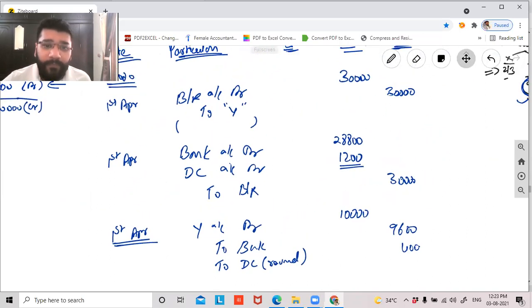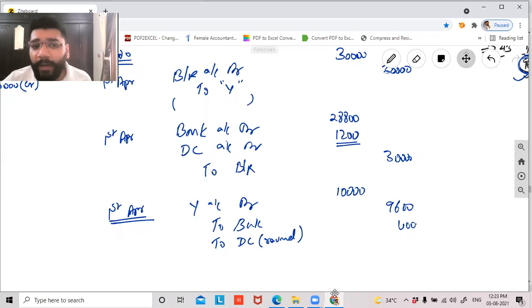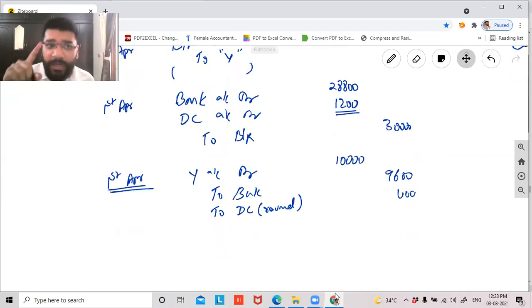No, sir. Now, guys, from here, technically what happens on the due date: X is supposed to pay 20,000 to Y and Y will pay this 20,000 rupees to SBI bank. Yes or no? If everything would have gone well, on the due date, X would have paid the balance 20,000 to Y and Y would have paid the 30,000 rupees to the banker. Yes or no? Yes, sir. But did this happen?